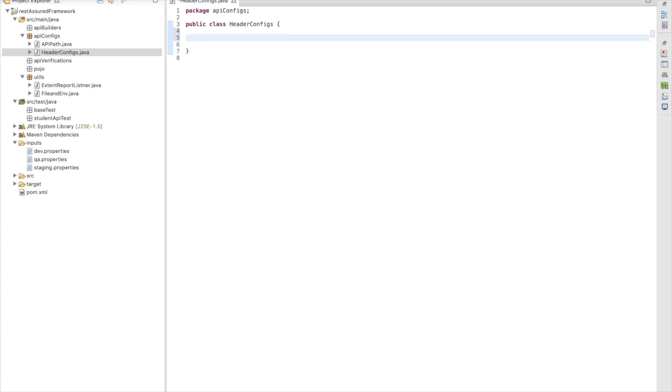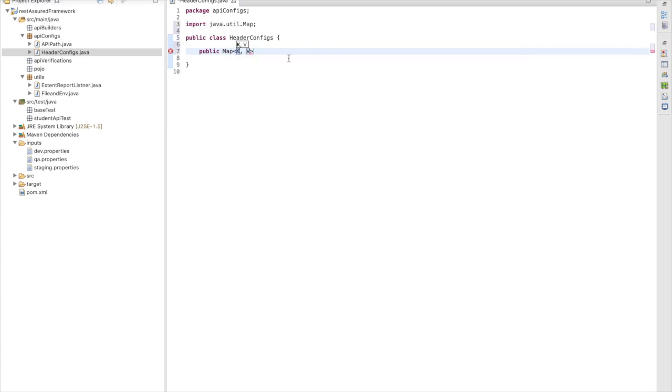Now I am going to create a map object for different sets of headers. So public map. The generics will be String, String, as I am going to consume it as a string. So how does my header look? Let's say the first will be my default header.